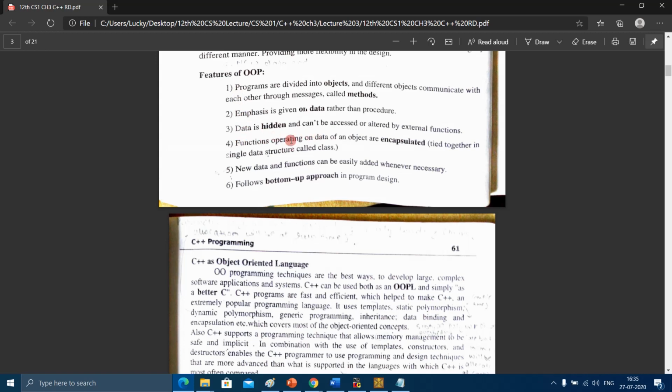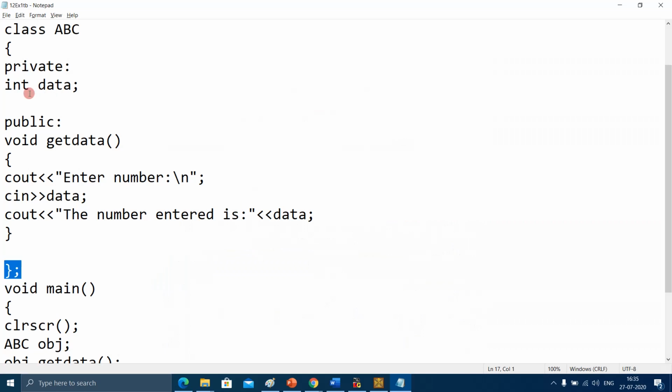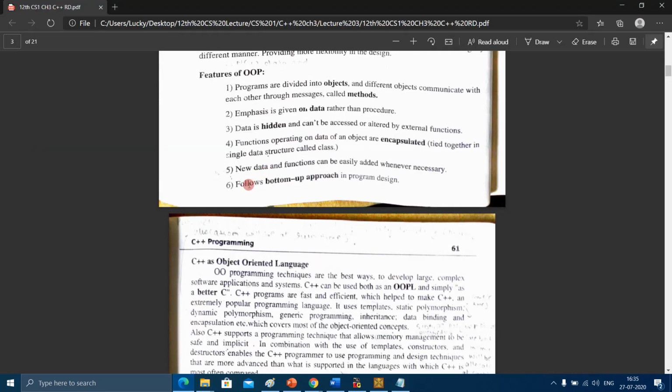I hope this is clear to you. The fifth point: new data and functions can be easily added whenever necessary. If I want to add new data, that can be added very easily, and if I want to add a new member function, that is also possible. That can also be easily added in object-oriented programming.